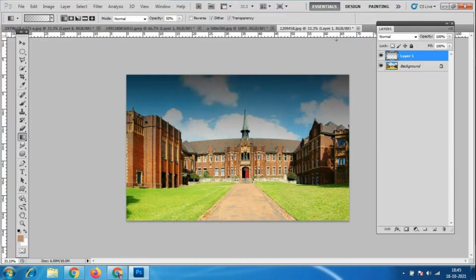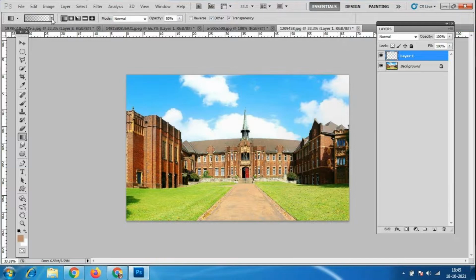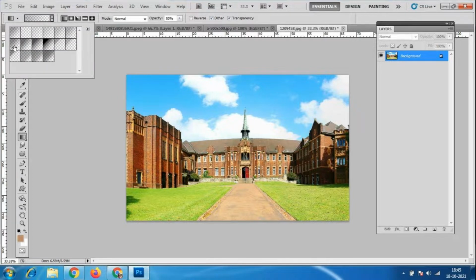While you are selecting like this, in that only we have less gradient and more gradient. The more black portion is here, which has more gradient, and here we have less gradient.